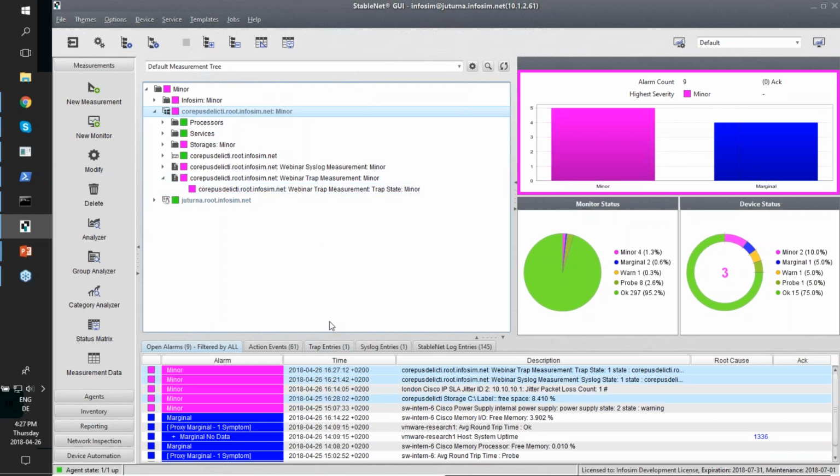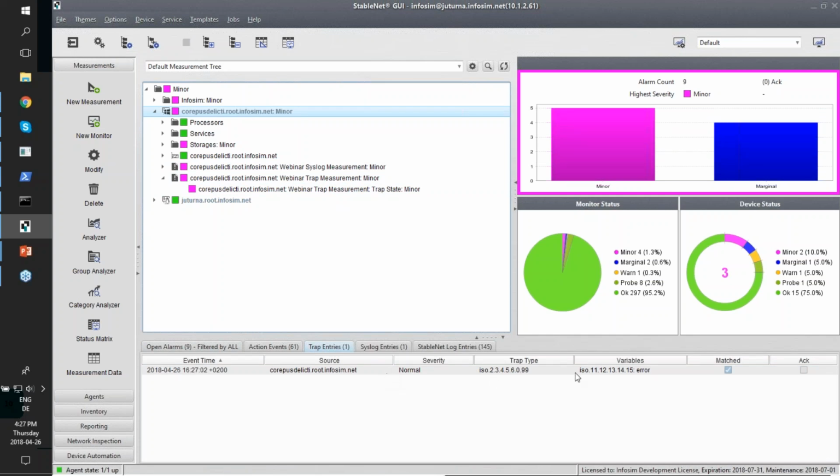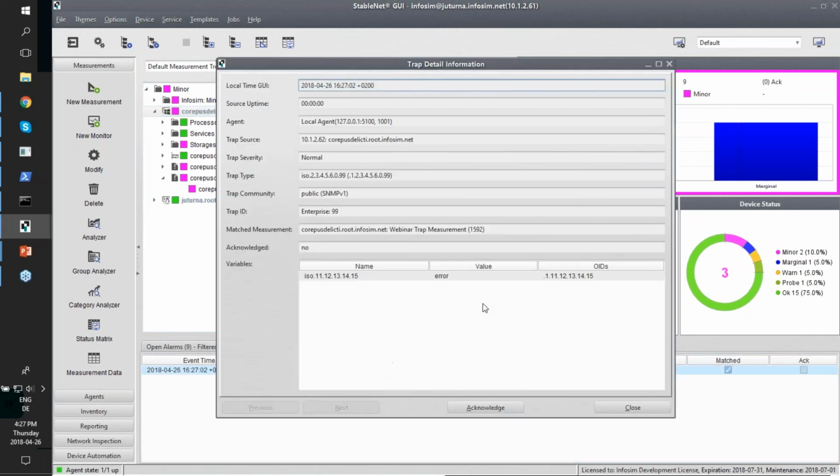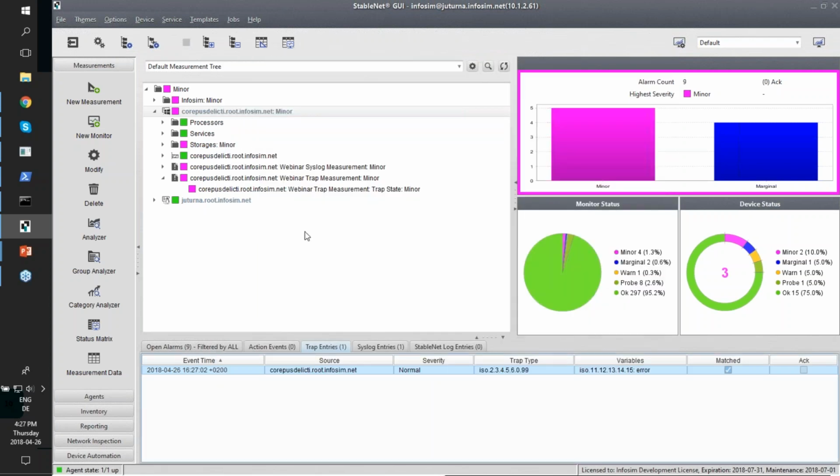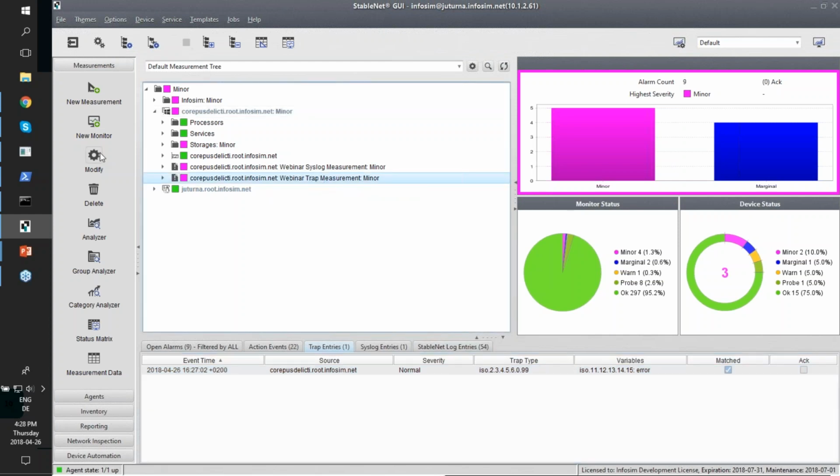So what we can see now is that we have again the trap entries in the system. So this is how StableNet got it, which means, okay, there is some OID to the left. It has the respective value. So we have one var binding in the trap. We can see the type, severity, source, and so on. So that's pretty nice, as you get more information on the trap,